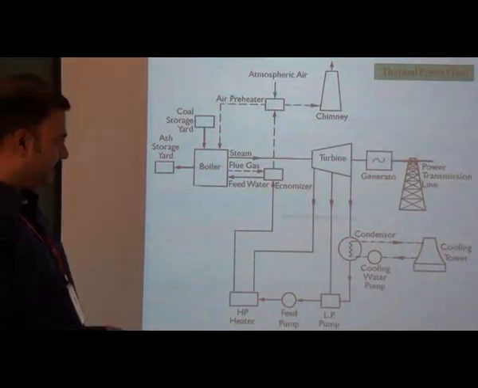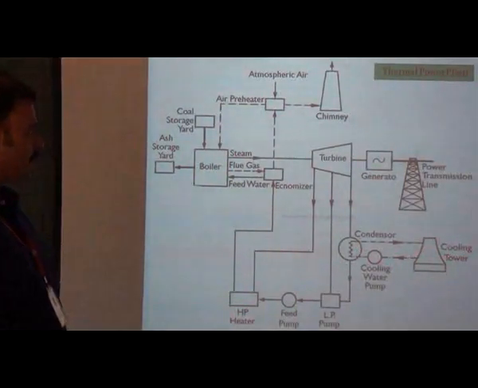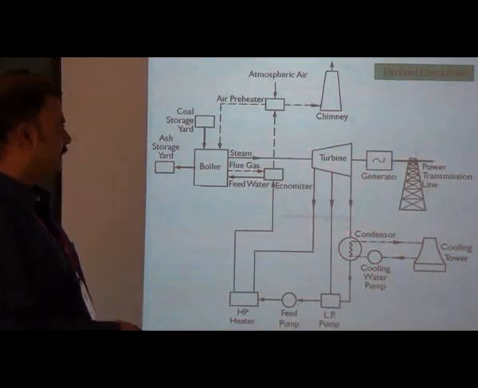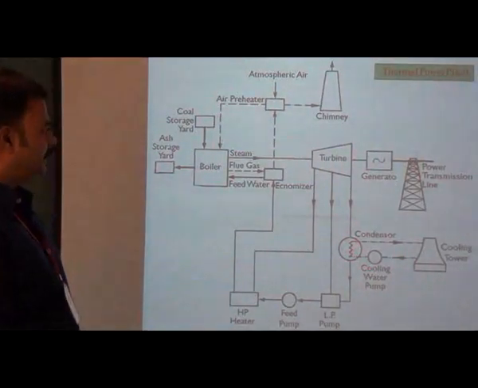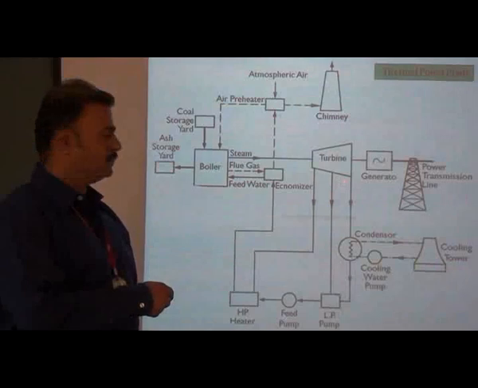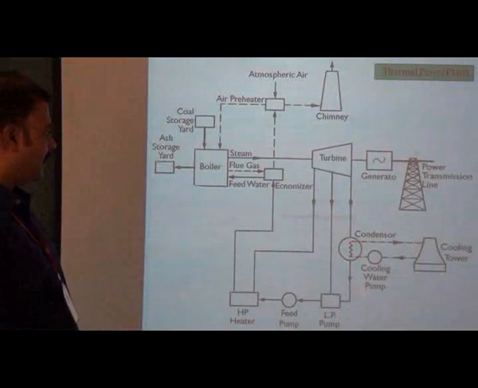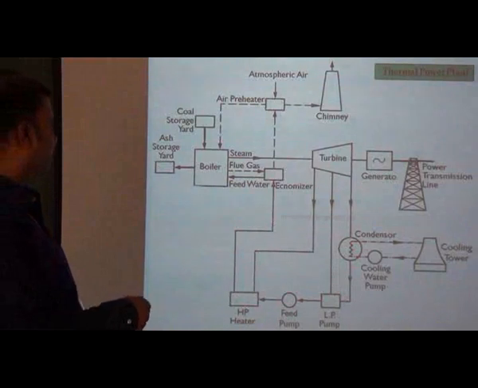So in the condenser, by using the cooling tower and the cooling water pump, the normal cooling water is circulated inside the condenser. And here the exhaust steam which is coming from the turbine comes in contact with the cooling water. This is a heat exchanger, so that it is converted into water. So there is a pressure drop in the condenser. Due to that pressure drop, the turbine efficiency is also increased. And the exhaust steam is converted into water, and then it passes through the feed pump. By using the feed pump, it is circulated back to the boiler.